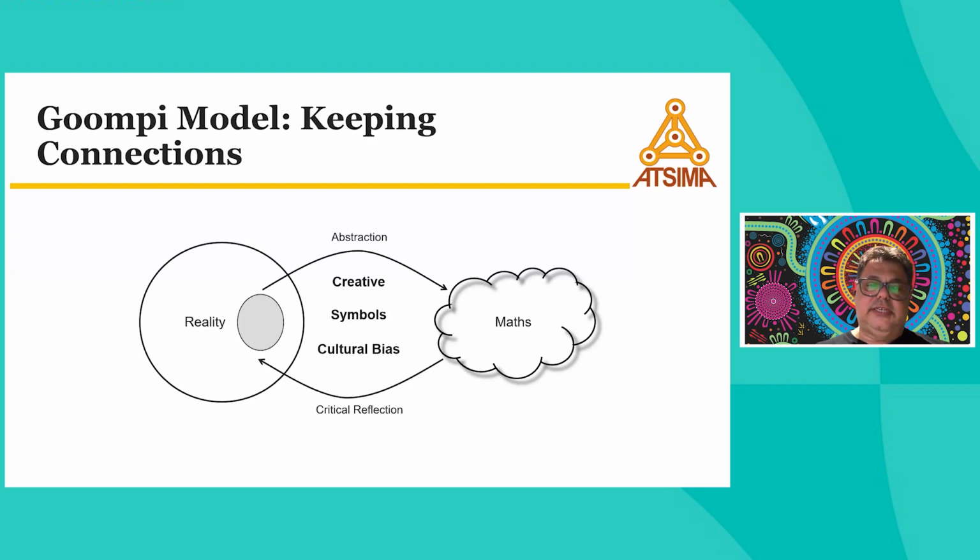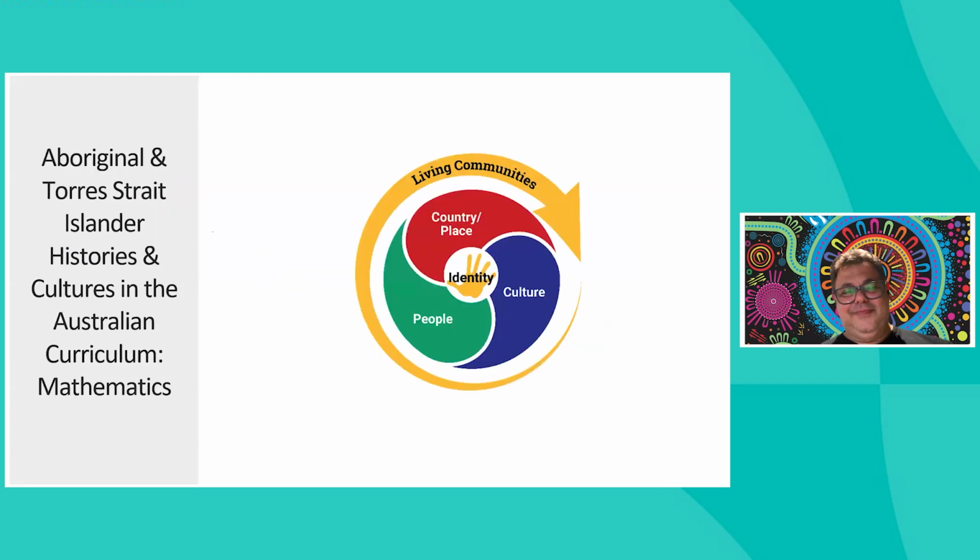Yeah. And I just want to acknowledge that there is cultural bias in mathematics. It's not a bad thing. It's a good thing, because we're all people, we all come from different cultures, and we need to celebrate the diversity within the thinking. And this model will help think through that. But I'm not doing a PL on that model, I just wanted you to know that it exists. So go on to the next slide.